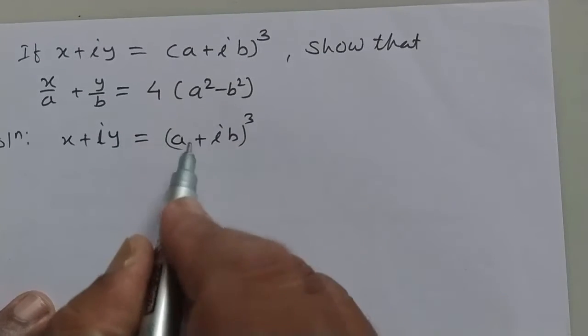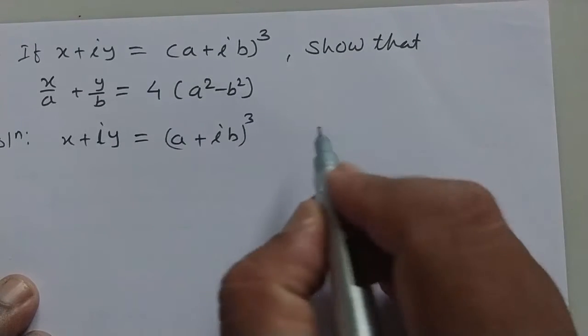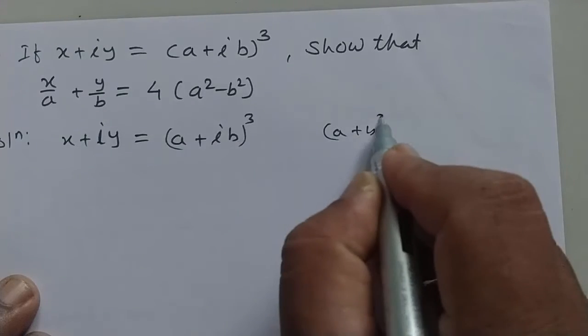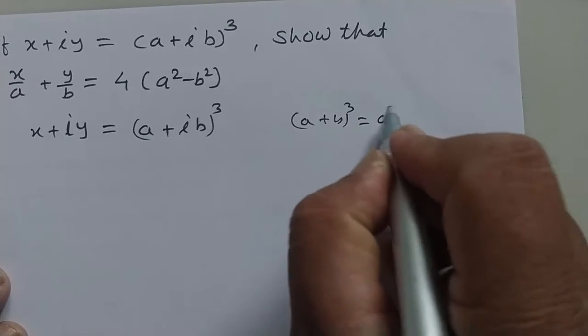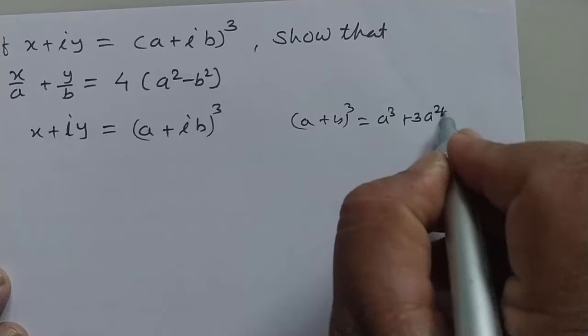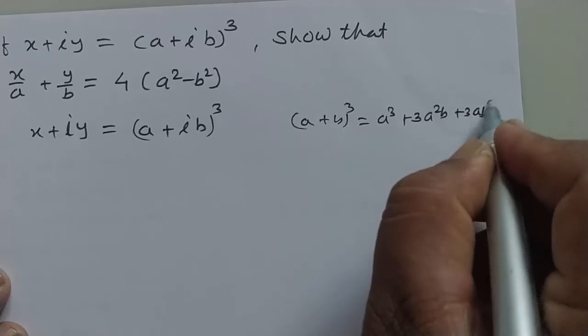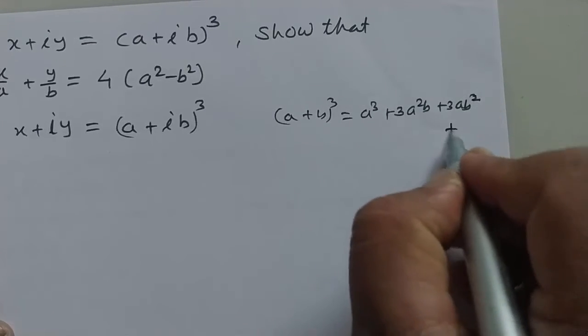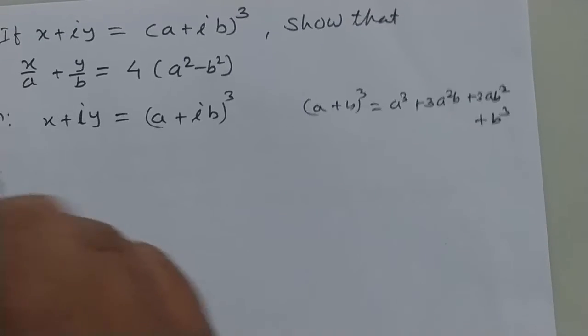Now we expand this bracket. We know that (a plus b) cubed is equal to a cubed plus 3a squared b plus 3ab squared plus b cubed. Using this, therefore